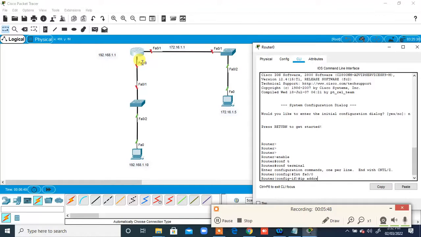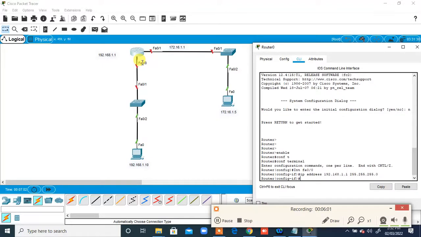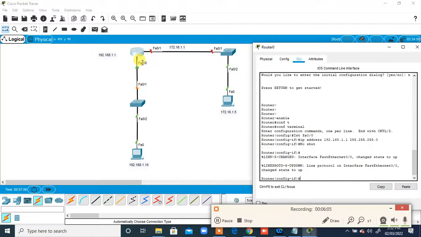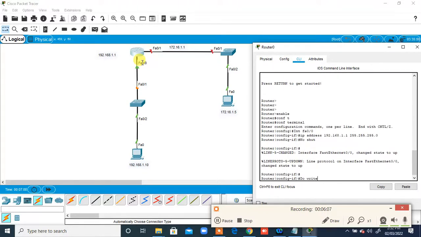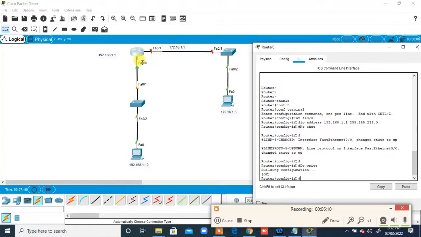IP address 192.168.1.1 and the subnet mask of class C address, that is 255.255.255.0, and I'll make it up, no shut. Let me save the configuration also. Configuration is also saved. Let me just go to the other interface,